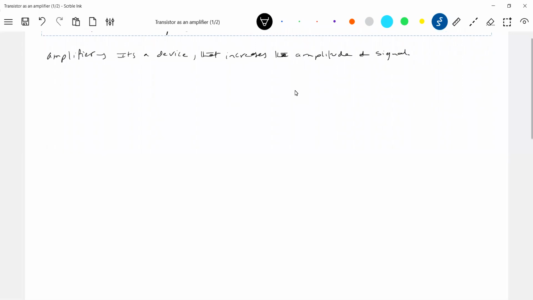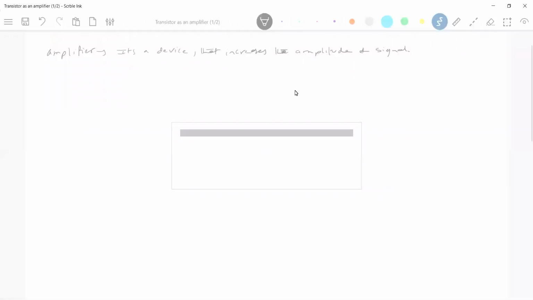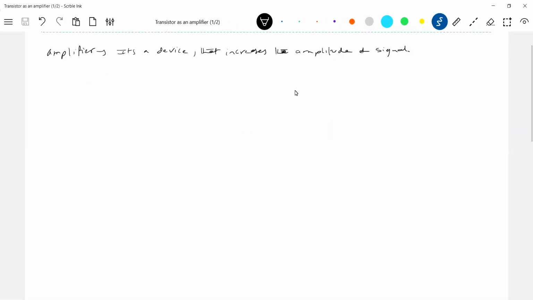Okay, that's basically the idea of this one. Then how do we construct that amplifier? The same transistor only. Again, what was our requirement for the transistor to be used as an amplifier? What is the basic requirement? It should be used in the active region. Active region in the sense that the base-emitter junction is forward biased and the collector-base junction should be reverse biased. So first it should be that. Then I'm going to apply the signal whose strength should be increased.